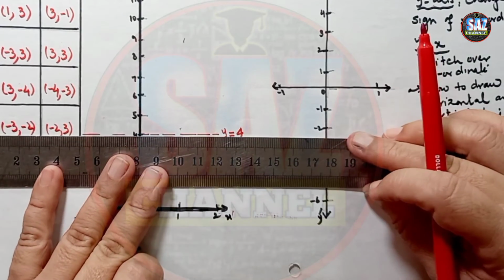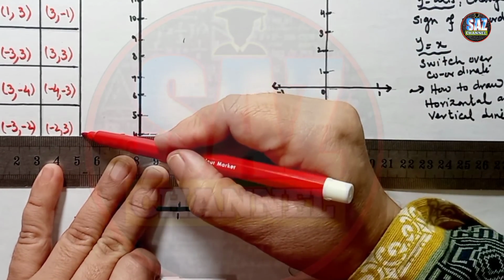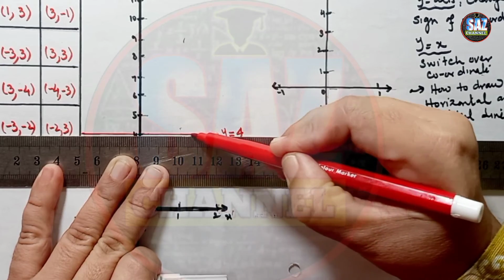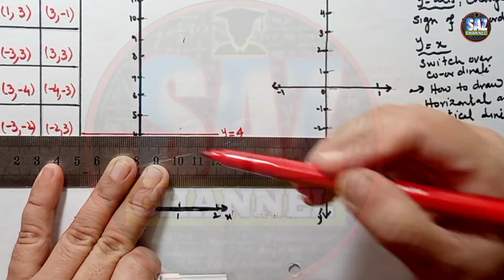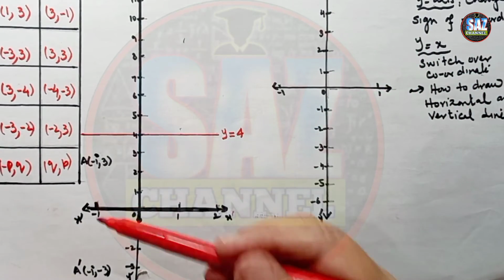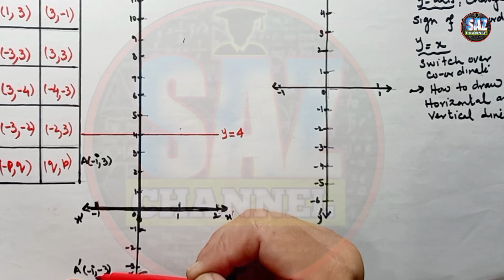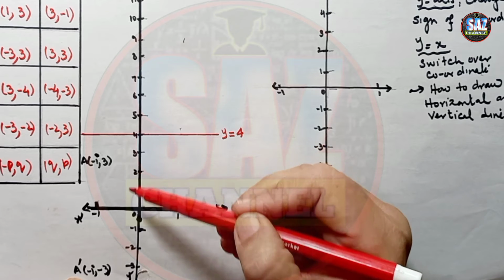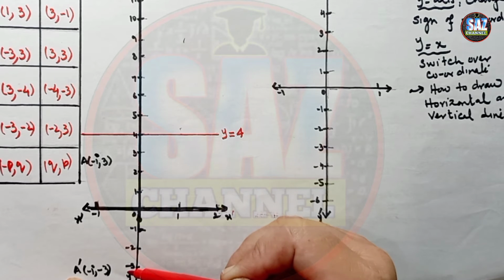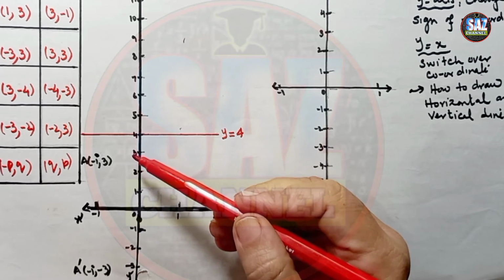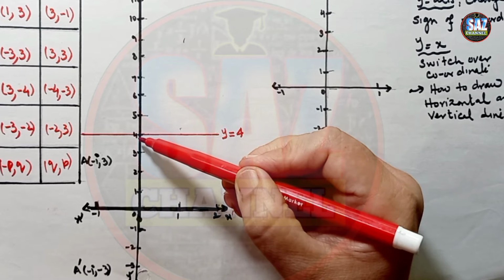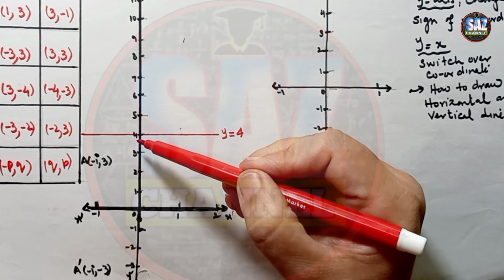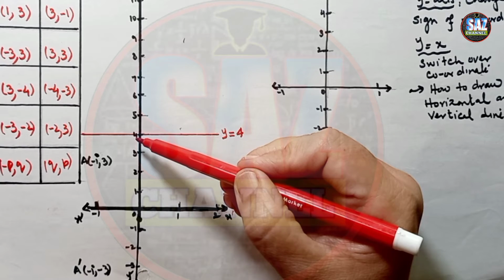Now I have to reflect this point in the mirror y equals 4, and find out at what distance the object is from this mirror line. We can see 4 units from 0 going up and 3 units down, so 7 units from the mirror line, and the mirror is now at 4. So what will be 7 units further from the mirror line?